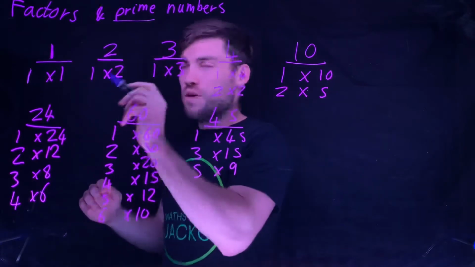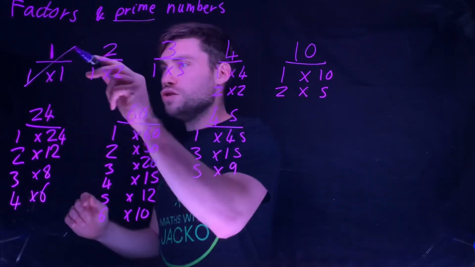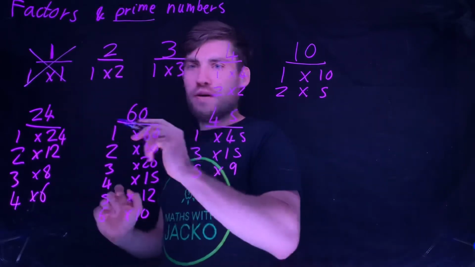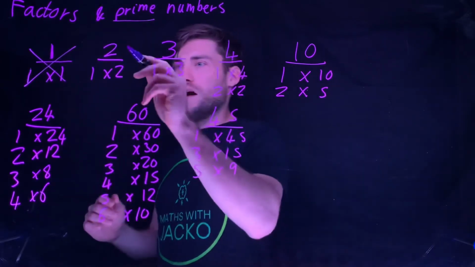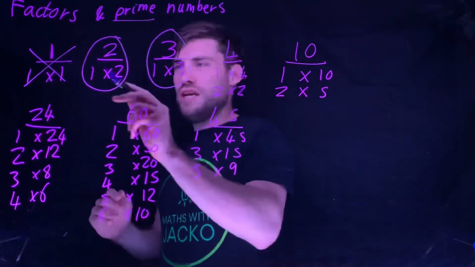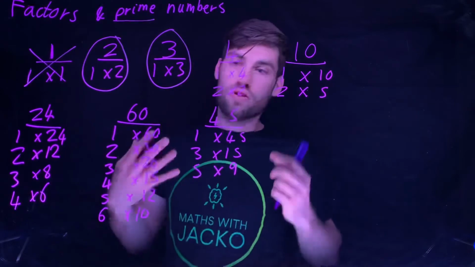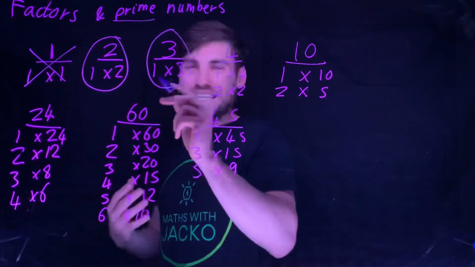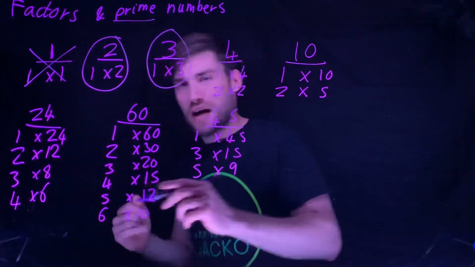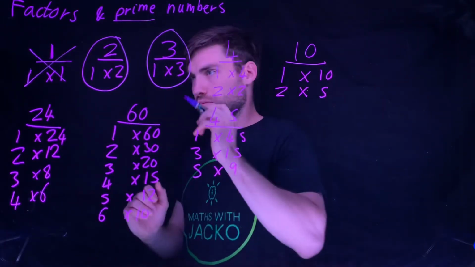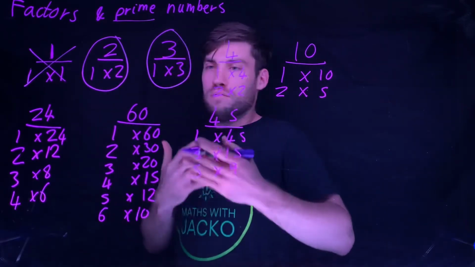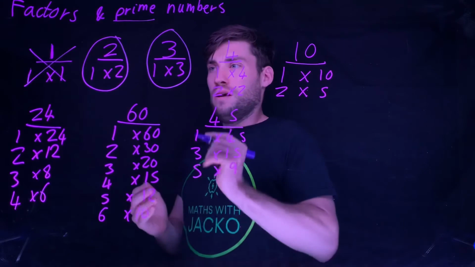And I hope you didn't say 1's prime. 1 is not prime, yeah? Because it only has 1 factor, itself. Whereas the numbers that you should recognise are prime are 2 and 3. Because these 2 numbers only have 2 factors, 1 and itself, yeah? Whereas these all have more than 2 factors. A lot of people seem to think 1's prime, but it's not, because it doesn't have more than 1 factor, yeah? And 2